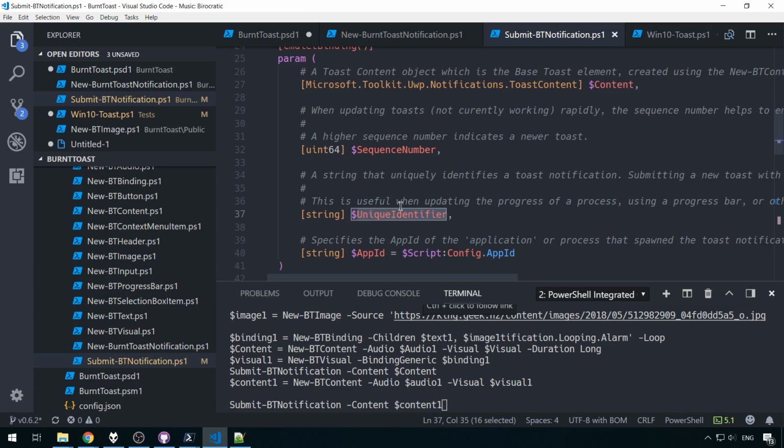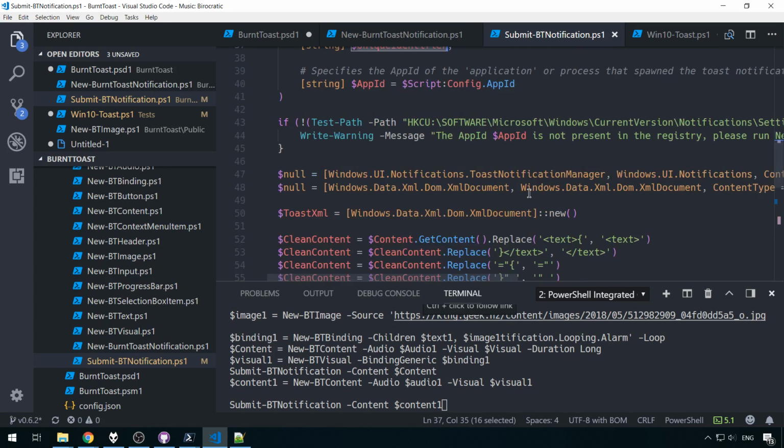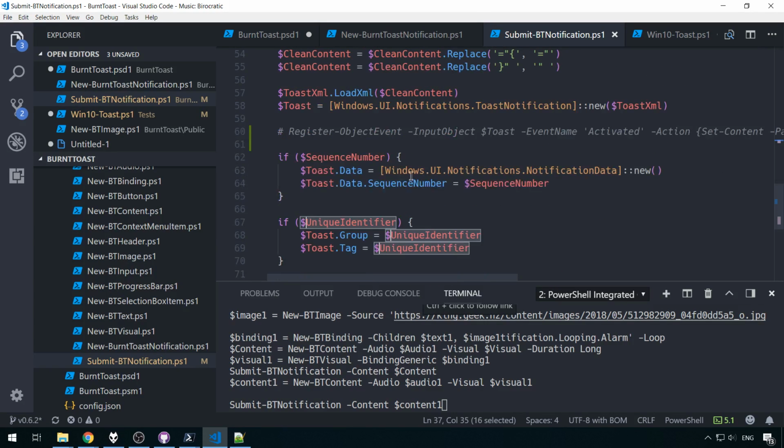toast. It's meant to be possible to use, rather than replace, use update, which instead just seamlessly behind the scenes replaces the content of the toast rather than outright replacing it, which means potentially it doesn't need to actually re-toast. If it's sitting in the action center, it can just quietly update the data. What I don't know, because that's the unique identifier, what I'm trying to figure out is where that method's actually set, and it might be under this